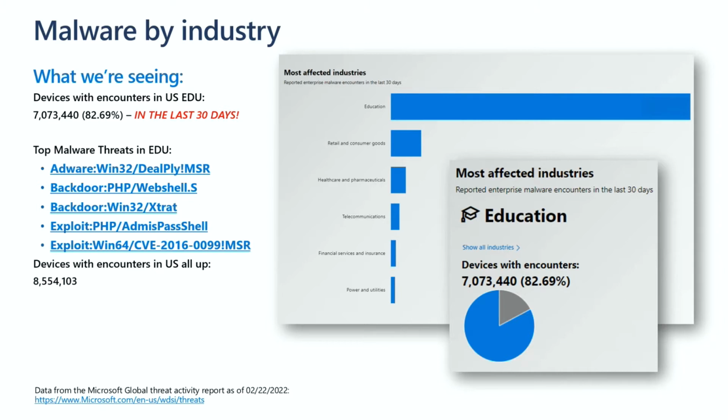Malware by industry. This is a surprising slide, but education is immensely targeted by malware. When you compare it to other industries, it's amazing the quantity. We're looking at over 80% of malware attacks are actually hitting the education industry. These stats are actually very recent. This is last 30 days. So we're seeing over 7 million encounters of malware in the education space in the last 30 days. Here's a handful of threats, but it's showing where attackers are targeting and where it's important to spend your time.